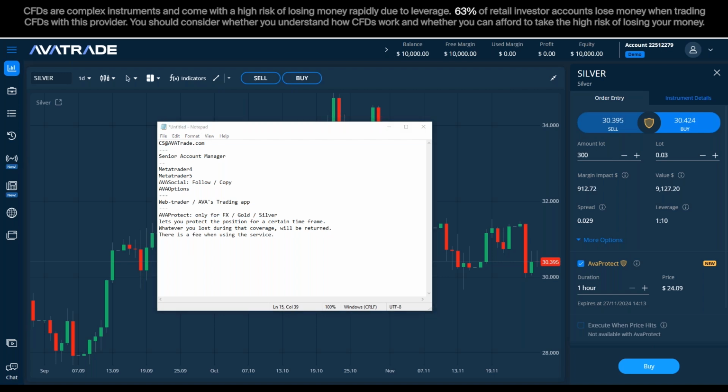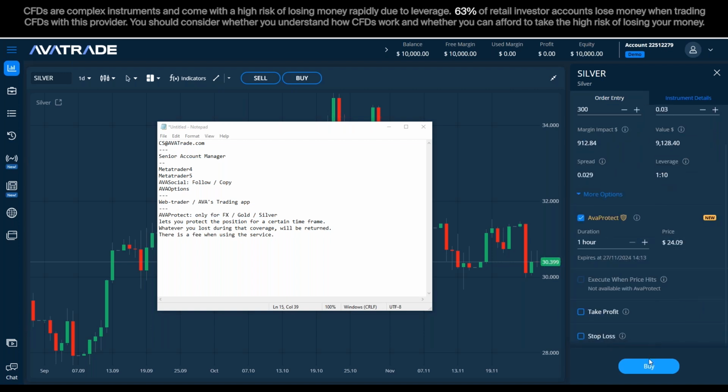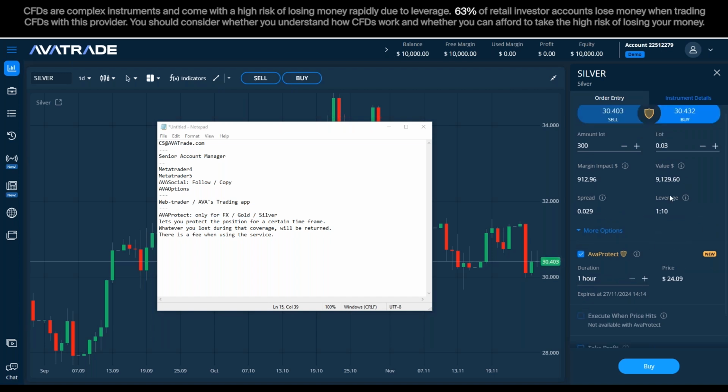Now, obviously, when I'm using the product, I need to use it efficiently, and I can just click here, buy or sell. Why not? Because as you notice, when I'm using the product, there is a fee that I must pay. And what I want to do is make a comparison between the fee that I'm about to pay, depending on the time, depending on the lot size.